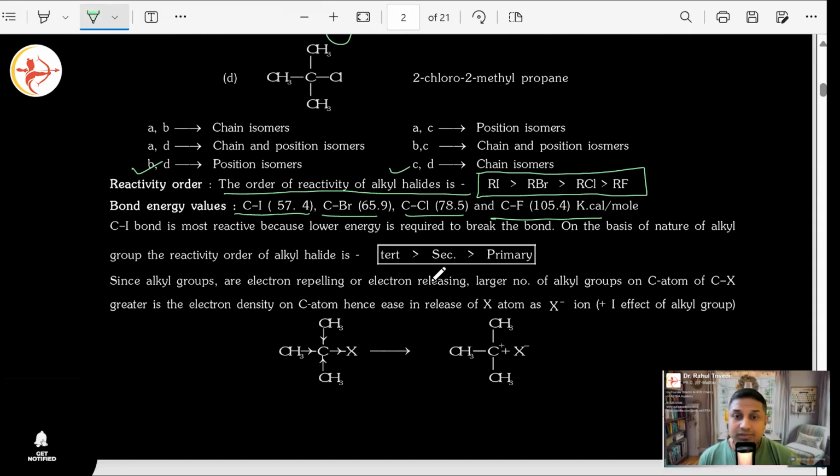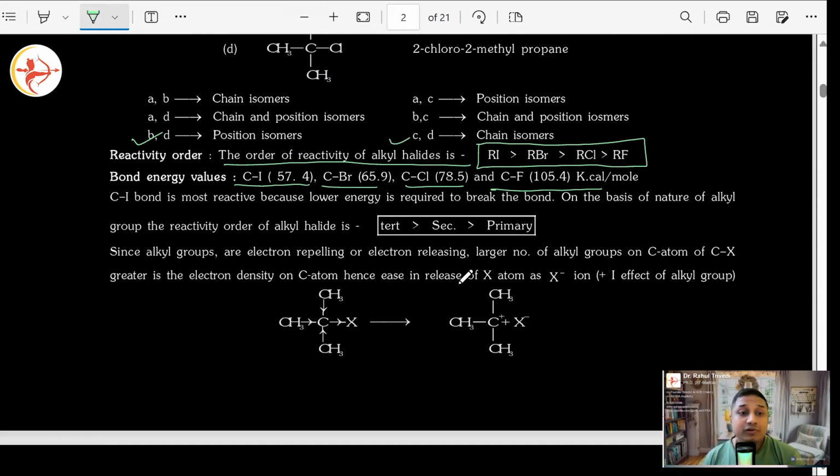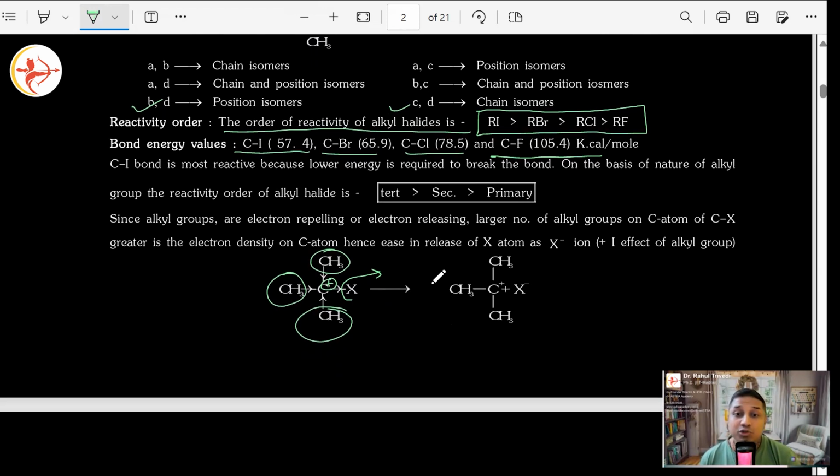Nice? Understood? Same way, if you check the nature of alkyl groups, which has the highest reactivity? Obviously the tertiary one has the highest reactivity. Why? Because when they participate in a reaction, what will happen? This X minus will leave, because already there is too much steric hindrance, and this one itself is big in size. So when X minus leaves, a tertiary carbocation is created. Now this carbocation which comes out as product is already highly stable, because of 9 alpha hydrogens around it, hyperconjugation is playing a huge role, isn't it?